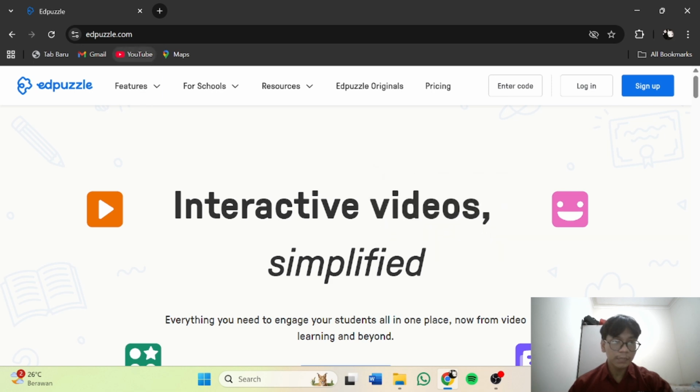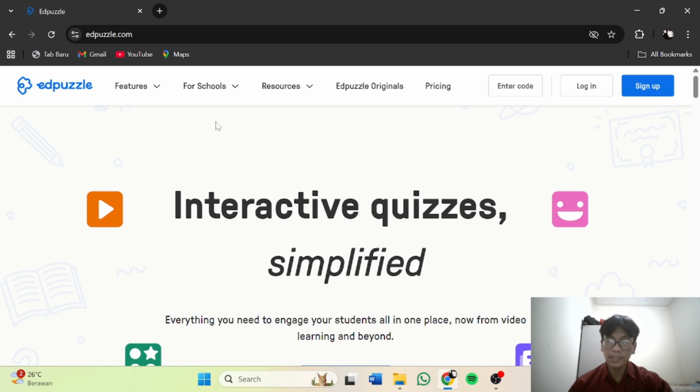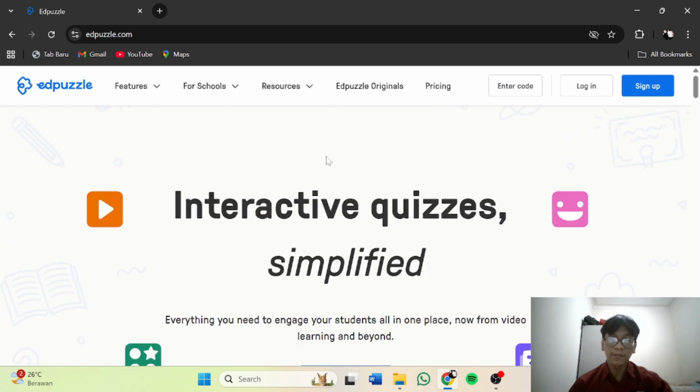When we first open the Edpuzzle website at edpuzzle.com, we are greeted with a simple, clean, minimal homepage. The interface is dominated by a simple banner, and there are two options, login or sign up. The color scheme is consistent with calm tones, making it easy to navigate even for first-time users.